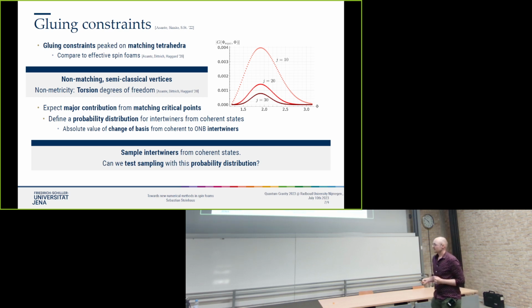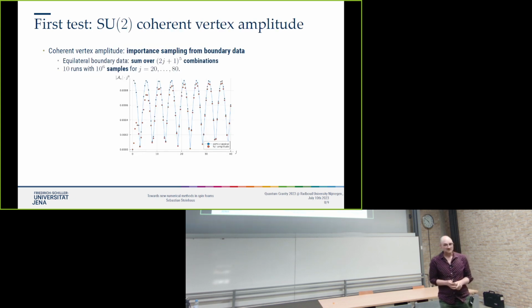And is there a way that we can test this probability distribution with an example that is well under control? And this example is, again, this equilateral four-simplex for SU(2) BF theory. Typically, if you want to do this calculation exactly, you have to sum over (2j+1) to the power 5 summands. So this will escalate very quickly. If all the j's are 1/2, this can be done on a computer in milliseconds. If the spins are 30, it takes 13 hours on a cluster. So it escalates very quickly, and it uses much more memory.